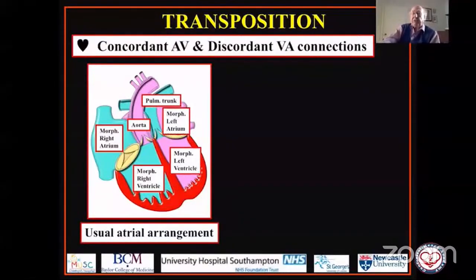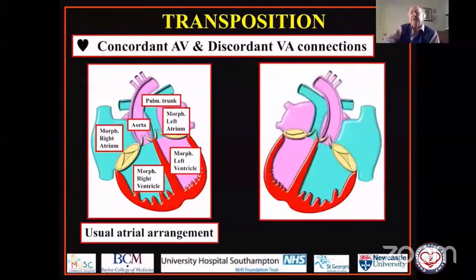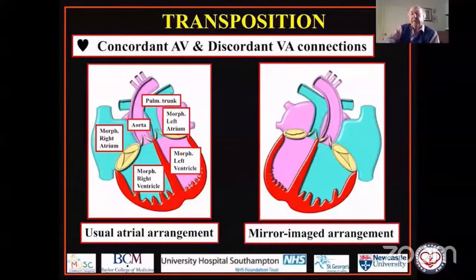But we have to remember that although this is the arrangement we see most commonly, and it is the arrangement with usual atrial chambers, this is only the commonest variant, because we can have exactly the same situation when the atrial chambers are mirror imaged. So when we have mirror imaged atrial arrangement, the morphologically right atrium, of course, is now left-sided. But we have concordant